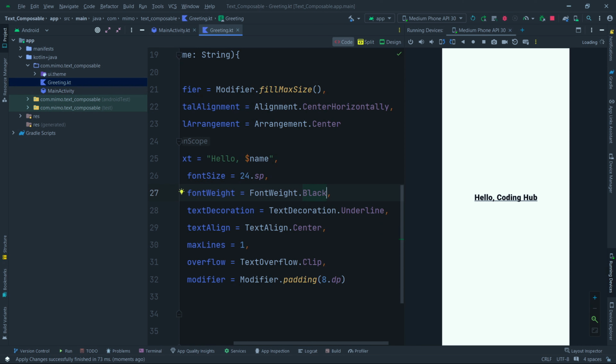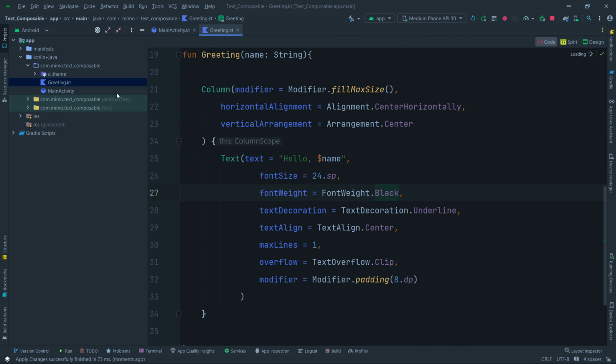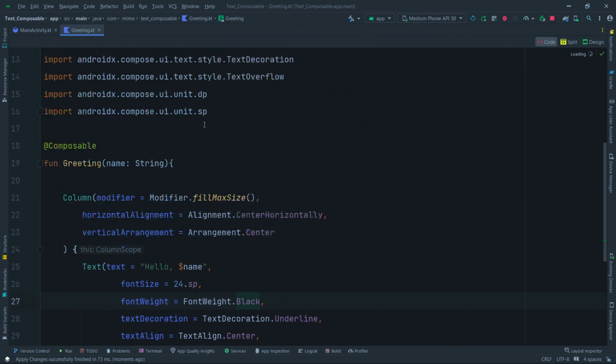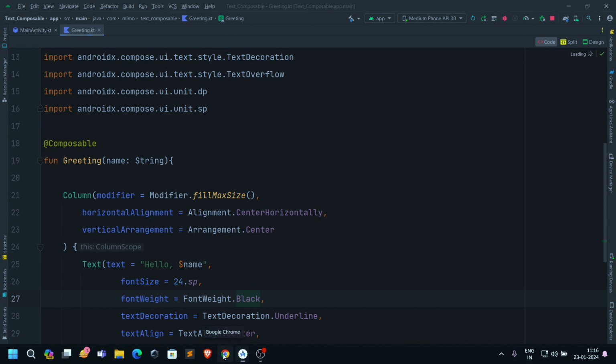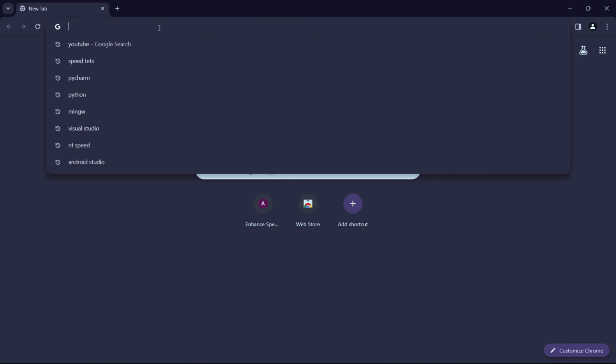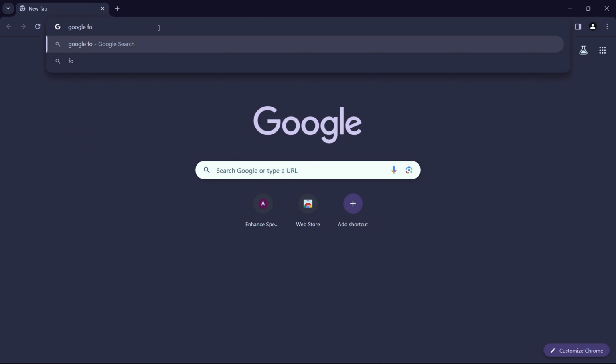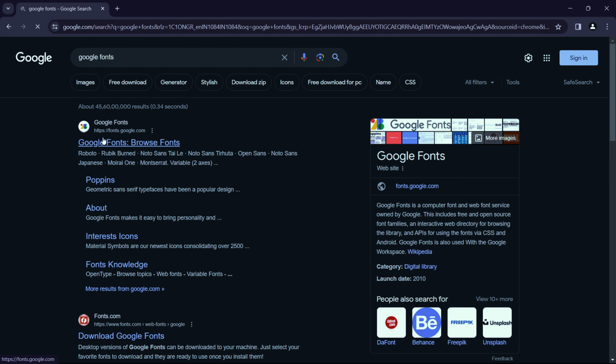So you can also have fonts which you can use directly over here. For this, you have to simply minimize this first, and let us minimize this also for now. Now the thing is that we want to use a font. How will we be using that font? Let us suppose we go to our Chrome browser. We can search for Google Fonts. Then we have to click on this website, which is Google Fonts,